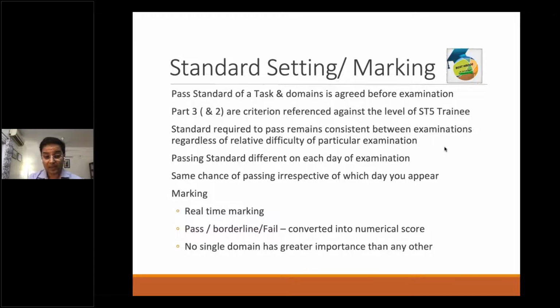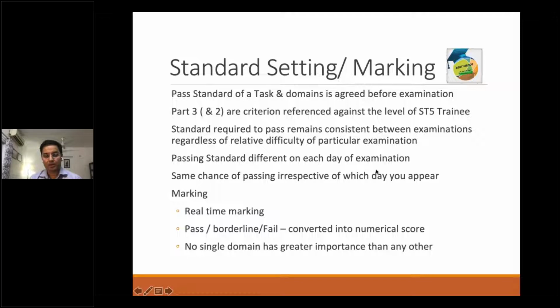So the standard is such that even though the tasks may vary, the difficulty level of a circuit may vary, the chance of passing is the same whether you appear in November or in May. How do they do it? They say that